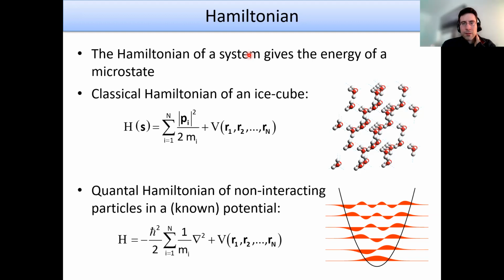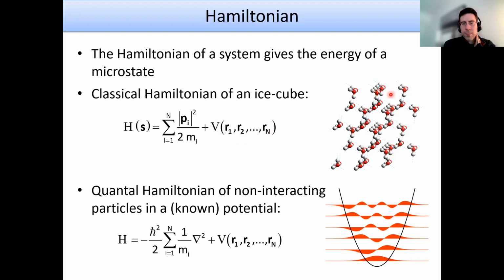So when I say of a microstate, I want to stress this: don't confuse Hamiltonians with thermodynamic potentials. The thermodynamic potentials are at the macrostate. The Hamiltonians are energies at the microstate. So the classical Hamiltonian of the ice cube would contain this term here, which is basically the sum of kinetic energies for all the particles in the system, plus this term here, which is the potential energy, which is a function of the positions of these